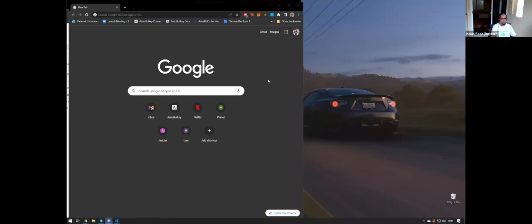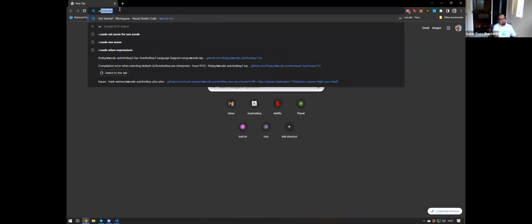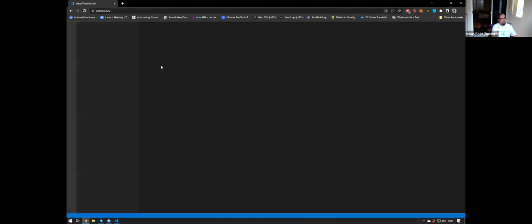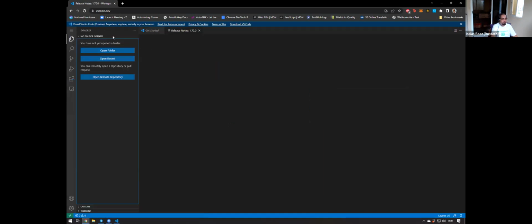Isaiah, open up Chrome or whatever browser you want and show them the other holy hell moments. You can navigate somewhere and have VS Code even if you don't have VS Code. Right. There's two points on that. If you want to give it a try and you don't want to install it, you can go to vscode.dev, which is an instance of VS Code on the web. And the good thing about it is that it is almost as if you had it on your